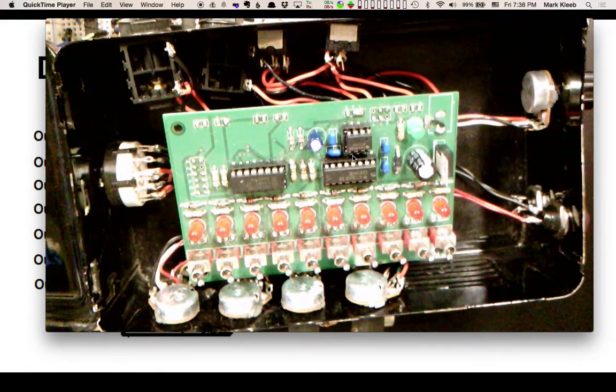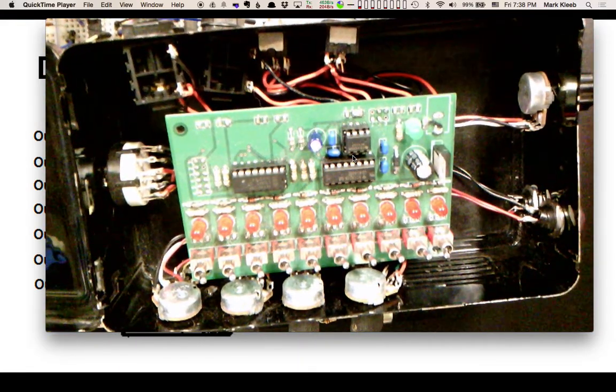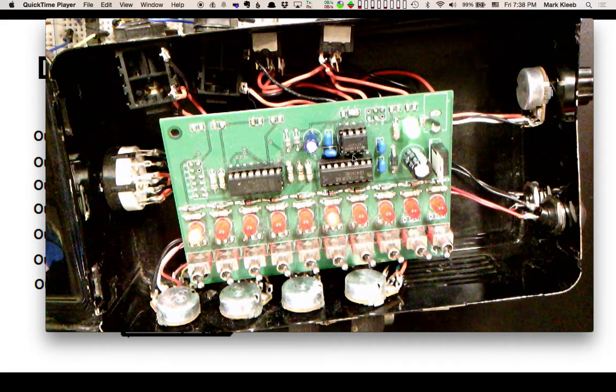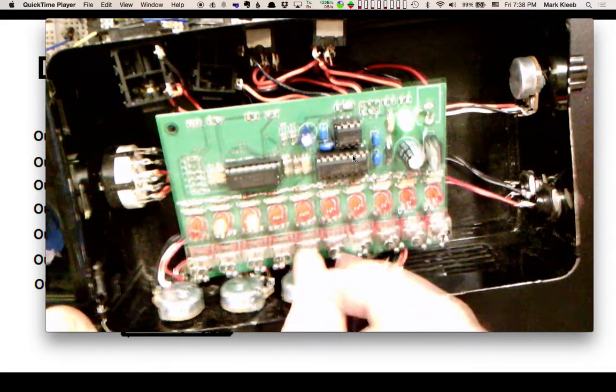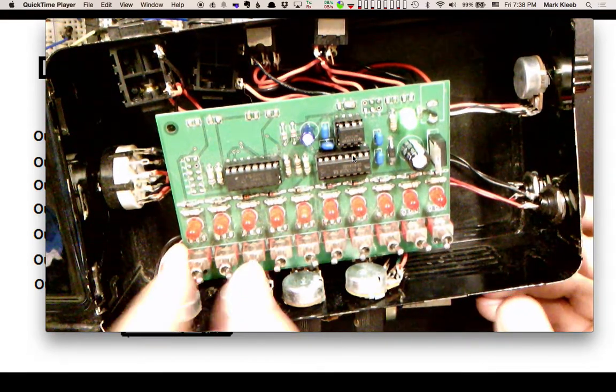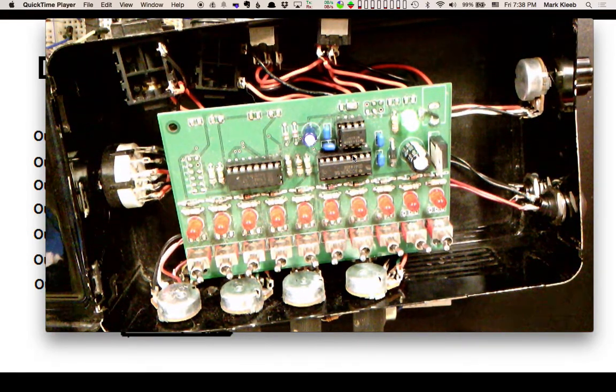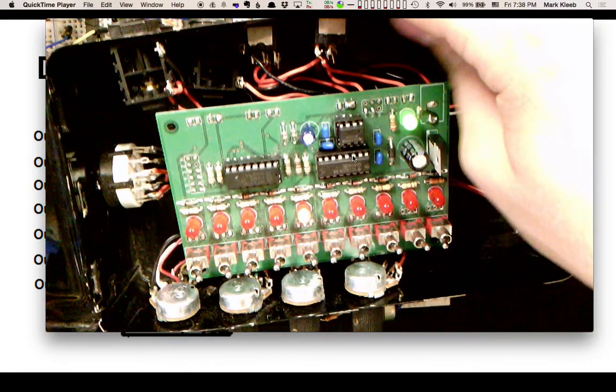How does the individual step work? The turning off each individual step, how's that? So if I flip a few of these off, it just disconnects the voltage from going through that step. So that's between the 4017 and the LED. Yeah. And I'm going to show you the circuit for this, and you can kind of get a better idea of